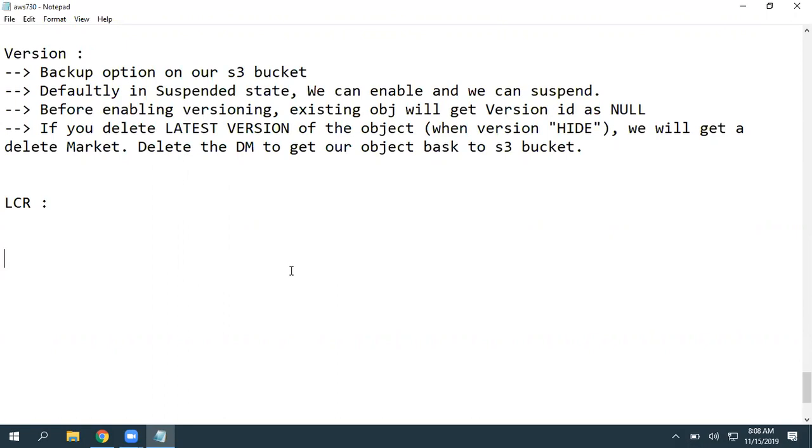Again, you really don't want to maintain all the copies. You want to maintain only the last 30 days or last 20 days of copies, and the remaining you want to delete automatically. After 2 days you want to delete automatically. You just want to hold only the latest version of the data, and the previous ones you want to delete automatically. To achieve such scenarios, we can use lifecycle management rules.